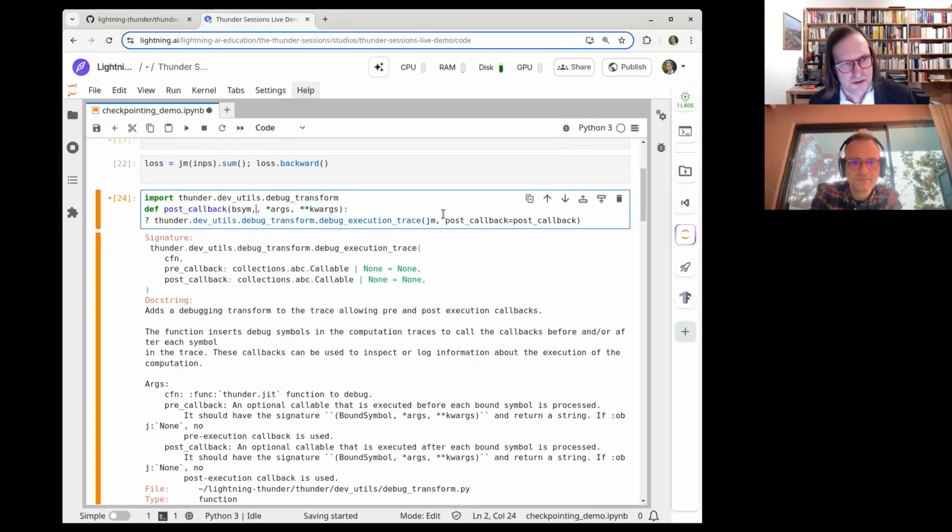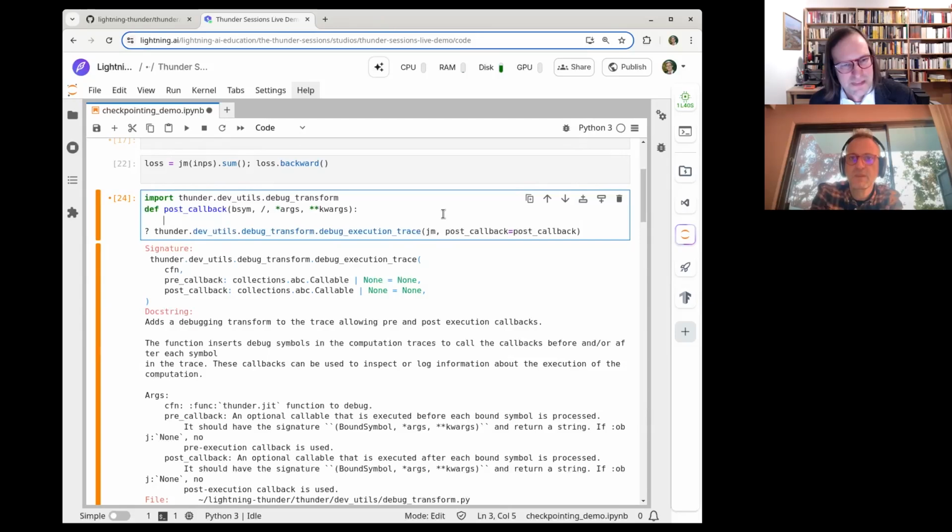And strictly speaking, I always need to do this. And it needs to return a string, right? And return